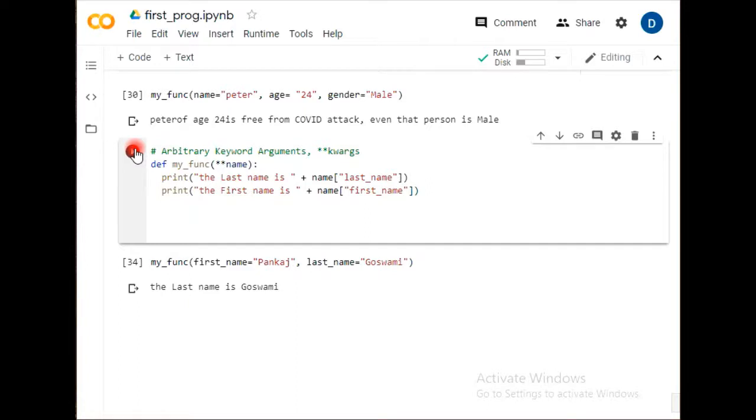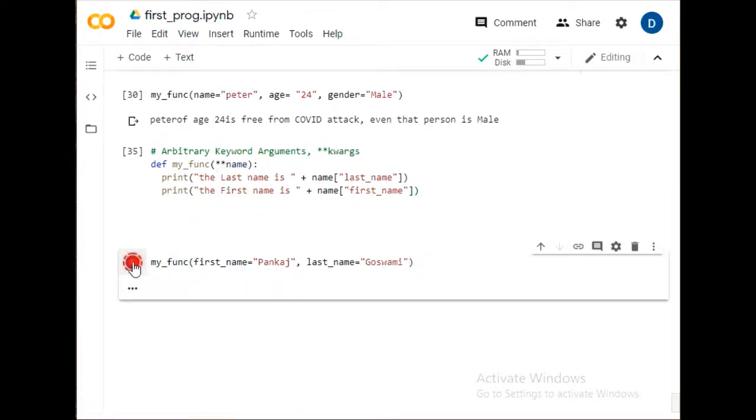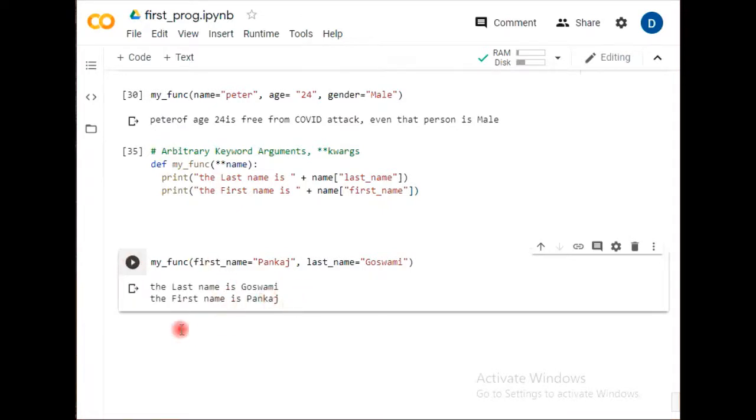So here it is going to print both the names. The last name is Goswami and the first name is Pankaj.